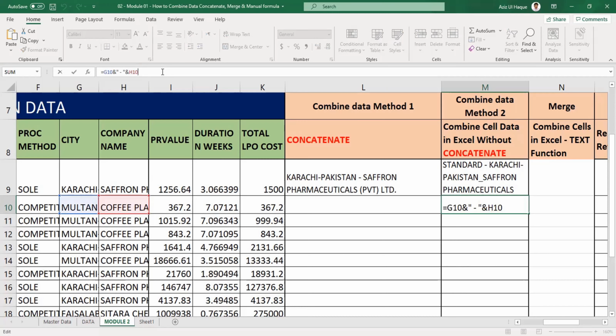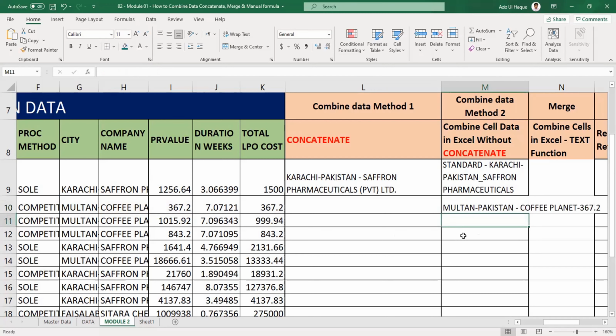You can use another ampersand, inverted commas, dash, inverted commas, ampersand, and this value. See, it is here now. What the formula we used, it's there now.